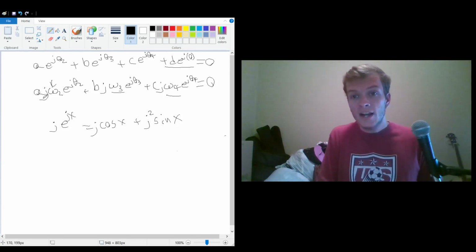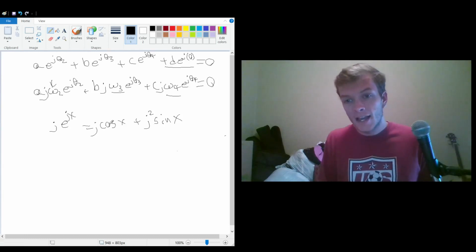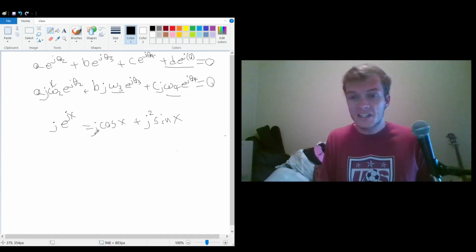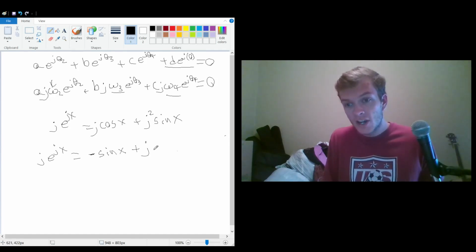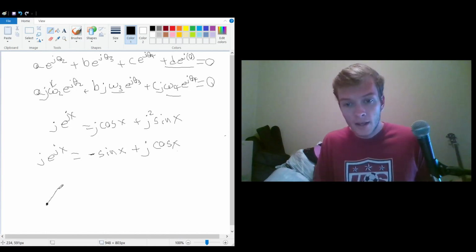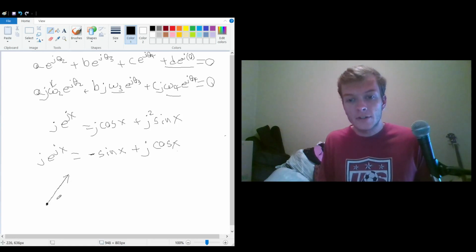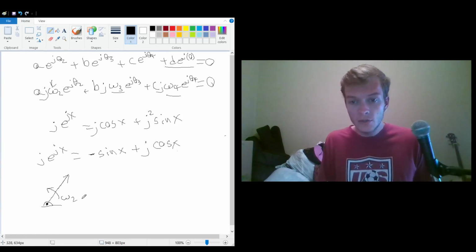This new term, we can actually take this j out of here when we decompose it and switch up which side has the j and which side has the real numbers. So this would actually be j e to the jx is equal to negative sine of x plus j cosine of x. And this actually makes sense when you think about it graphically, because if we have our vector here, and this is our linkage, we want to think about what the velocity of this vector is. So if we have our omega 2 going in this direction,